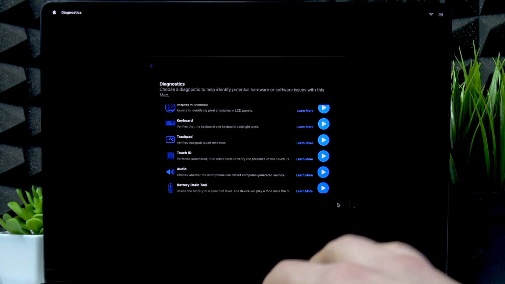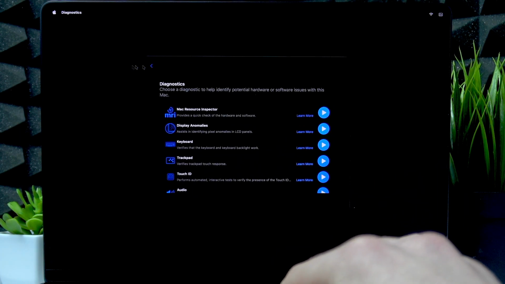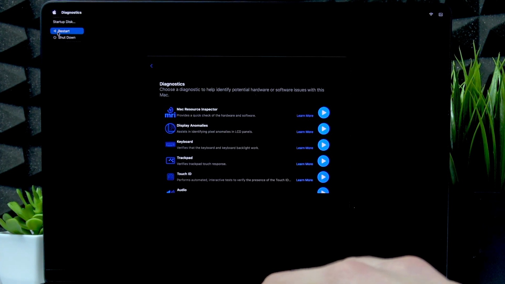Okay, and yeah, that's it. So right now what we want to do is restart our computer and see if this worked. Now in the meantime, I will tell you what to do next if this solution didn't